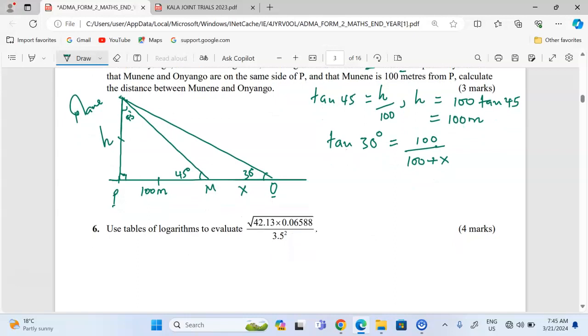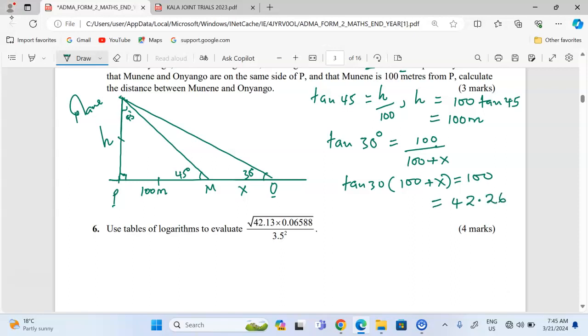So to remain with h here, we can talk of tan 30 into 100 plus x, this is equivalent to 100. So tan 30 by 100. Then we subtract 100. So 100 minus this value, I'm getting